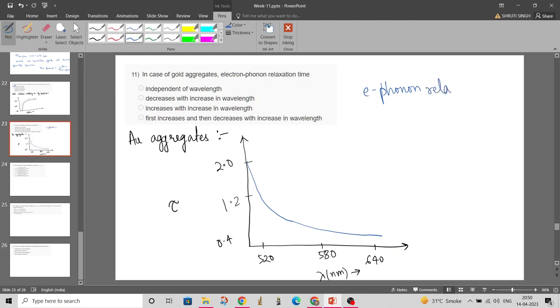Electron phonon relaxation time decreases with